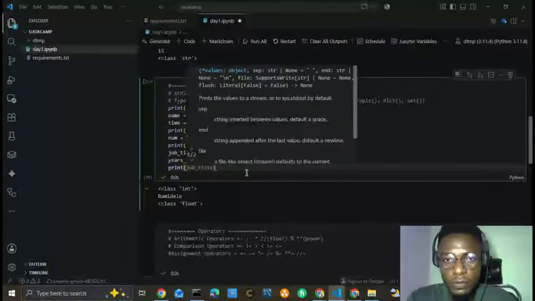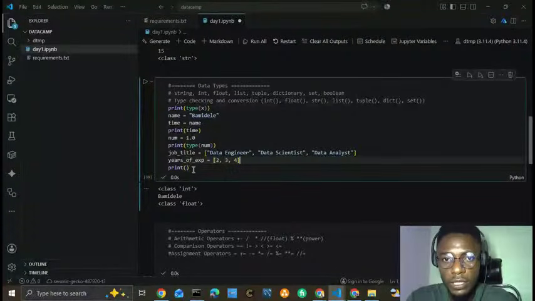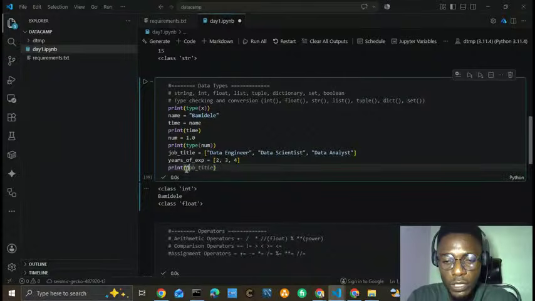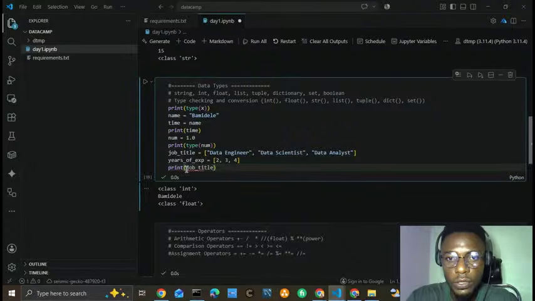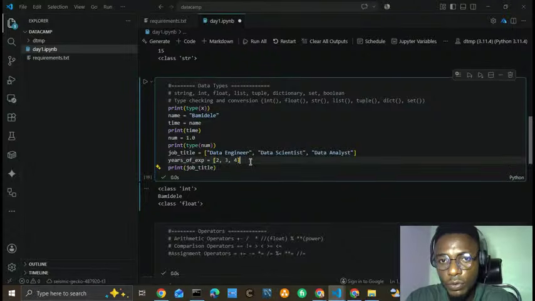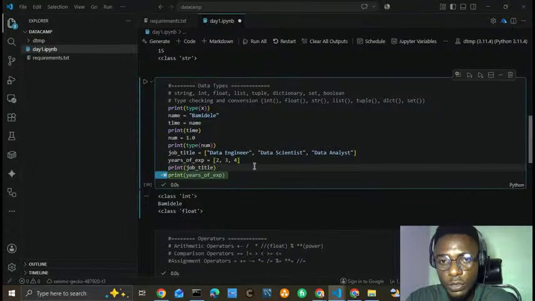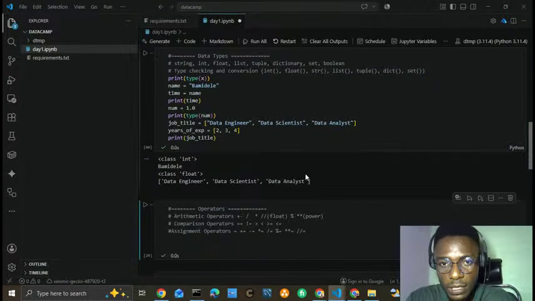Now when we check the type like we are doing, let's check what is the data type of this. Let's check the data type of what a job title is first. Then what do we have? We'll see that